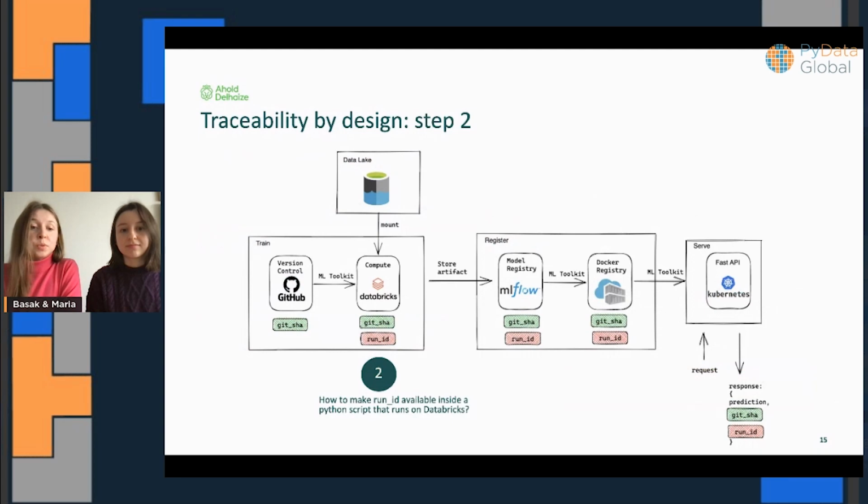Step 2 would be how to make run ID available inside the Python script that runs on Databricks. That is not that trivial. There are multiple ways of doing so. For example, if you work with Databricks, you are most probably familiar with the dbutils library, which can be used to catch run ID inside a Python script that's running on Databricks.